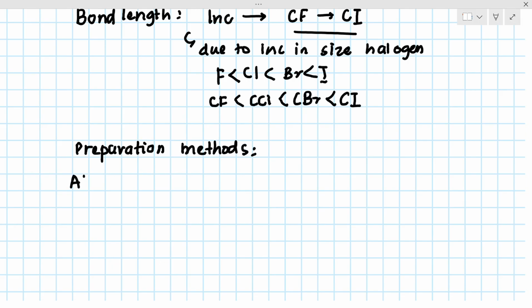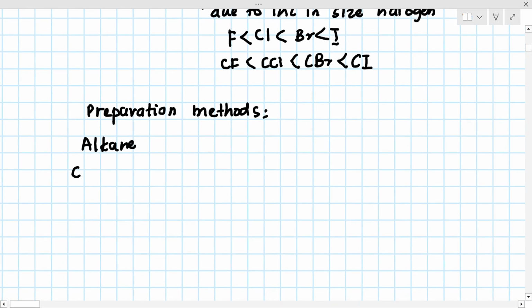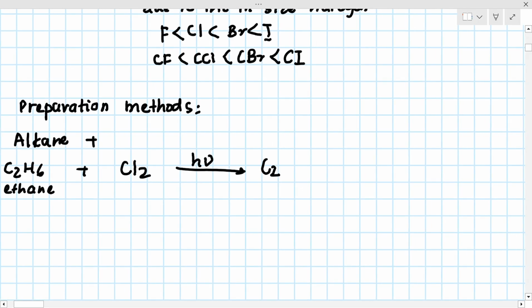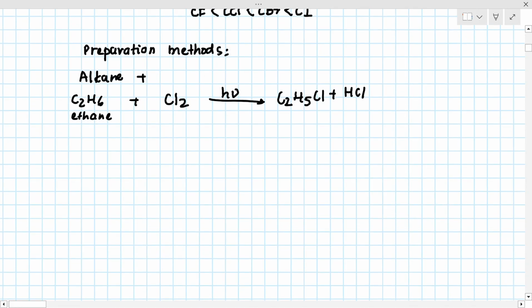First is from alkane. We'll take one alkane, that is ethane. This method is direct halogenation using UV light. Ethane plus chlorine, in the presence of UV light, you will get C2H5Cl plus HCl. Now, you don't have to study the mechanism in this chapter, but we will just say in simple terms,